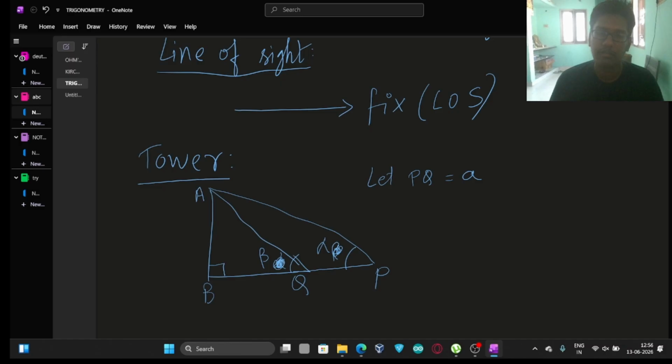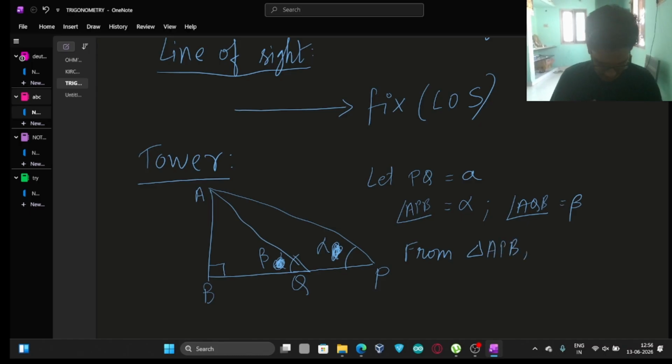Let us consider it like that. Which means angle APB is equal to alpha, and angle AQB is equal to beta. This is what they would like to tell. And from the given triangle APB,